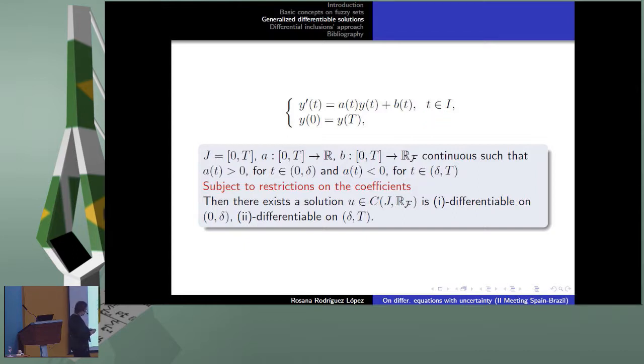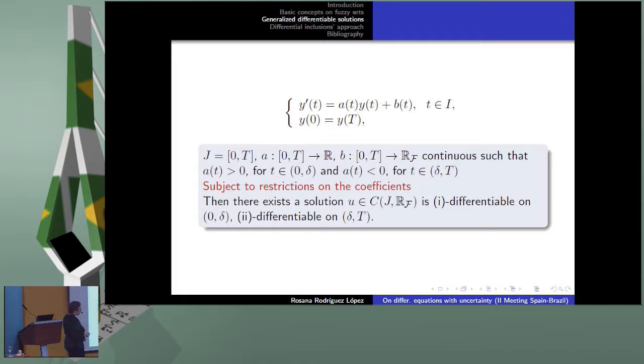If we want to have a periodic solution to just a linear problem of this type, we can do it by constructing a solution by pieces, adding parts where the solution is 1 differentiable to parts where the solution is 2 differentiable. In this case, you are able to construct a solution that increases the length, decreases the length, and at the end, you are able to construct a function which is periodic.